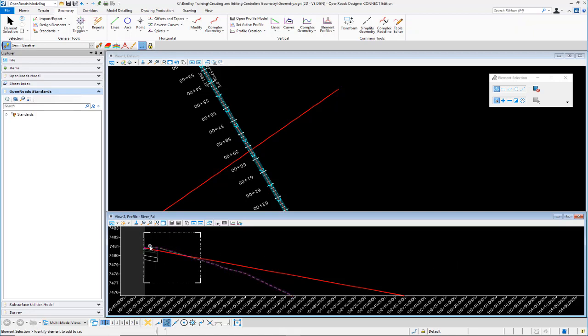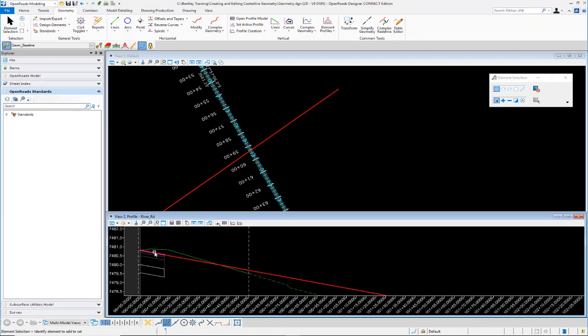Well, now what we want to do is we decided that we want to include this original tangent line that we created between our 2 points there. We want that to actually be part of our vertical alignment now. So to add this piece of geometry to our vertical alignment, all we have to do is go up to